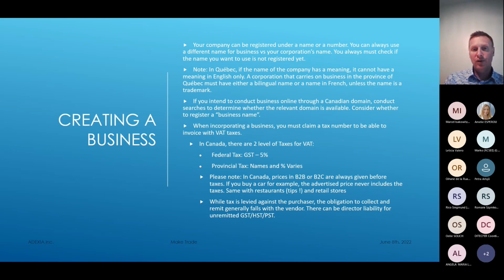So anyway, like everything in Canada, because of the different levels of government, it just adds a little layer of difficulty and understanding, which has proven to create some issues with some companies